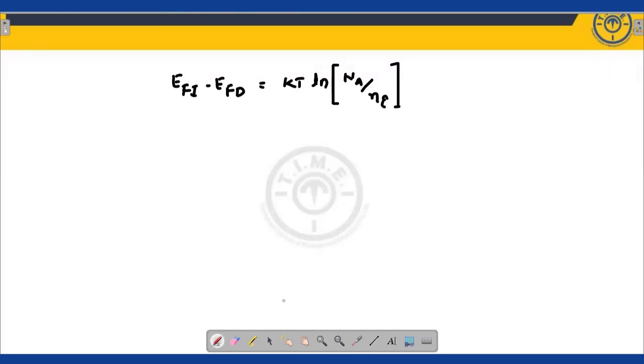Now, my dear friends, he is asking this particular value over here. Okay. Already kT, that is the formula. We know, my dear friends, very important itself. So already kT by q and all these particular values are there. So utilize those particular values here. So, what are the values you are getting? Substitute all these values. So, kT by q is equal to 25 millivolts into ln of acceptor concentration, Na, that is